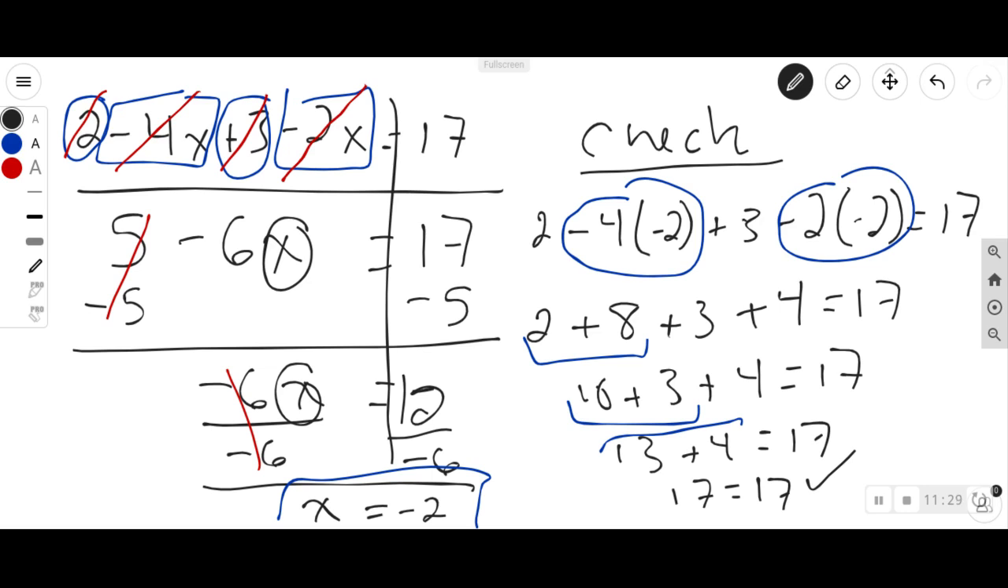So in the next video, we'll look at distributive property, and we'll add variables on both sides, and then we'll do some examples where they're all